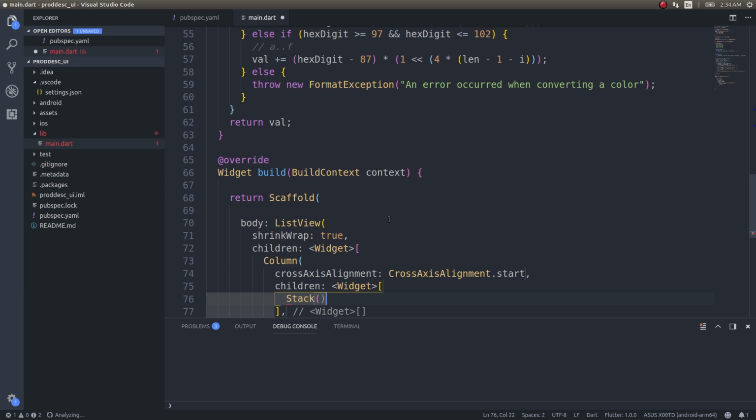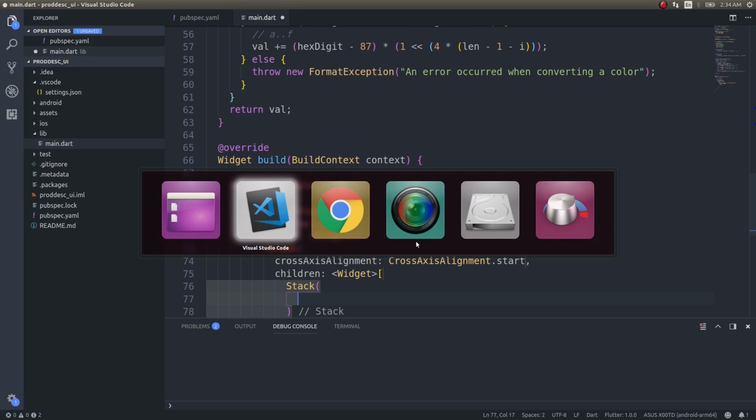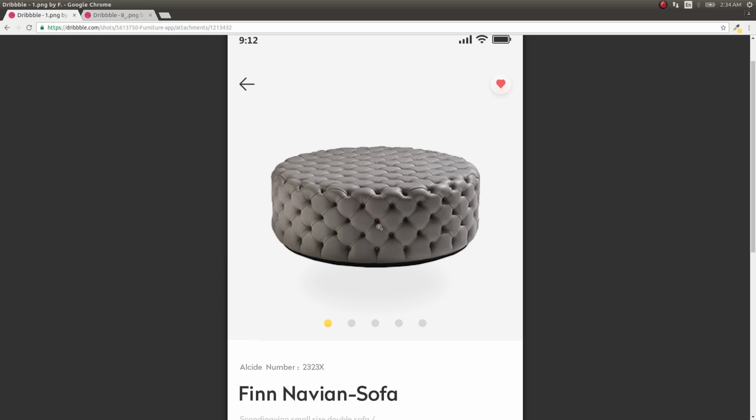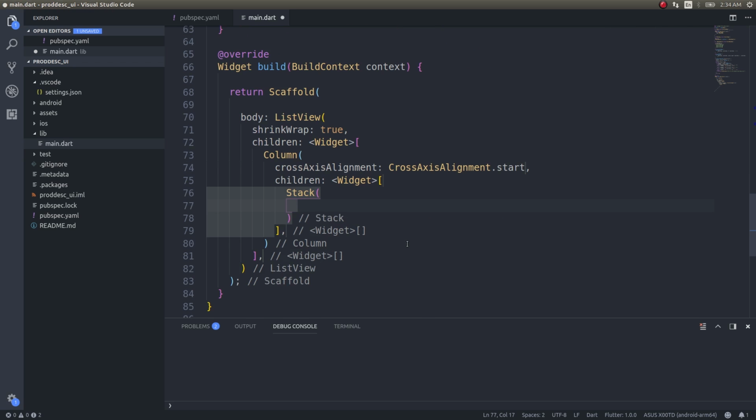Okay, a stack will be the most obvious one, since I would be, wait, I'll show you. Since I would be required to place the image as well as these two buttons as well as this photo image indicator, so obviously a stack would be the best widget to use here. Children,